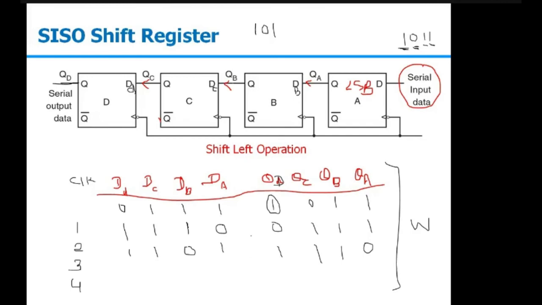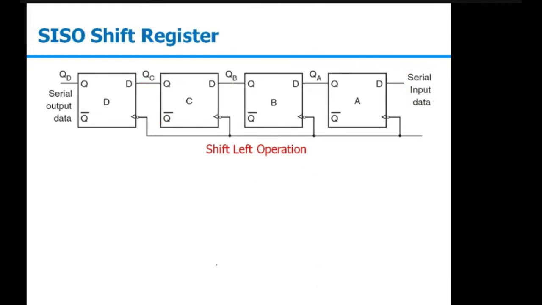Here we can even use the feedback as well, or you can still keep on applying the serial input. And when the third clock comes, the output will be 1101. So with the occurrence of the third clock pulse, we can read the data serially. To read the data serially, 1011, we only require 3 clock pulses. So that's why initially we said that if we want to load the data serially, for an n bit register we need n clock pulses, and to read it serially we need n minus 1 clock pulses. So this was a serial in serial out shift left operation.